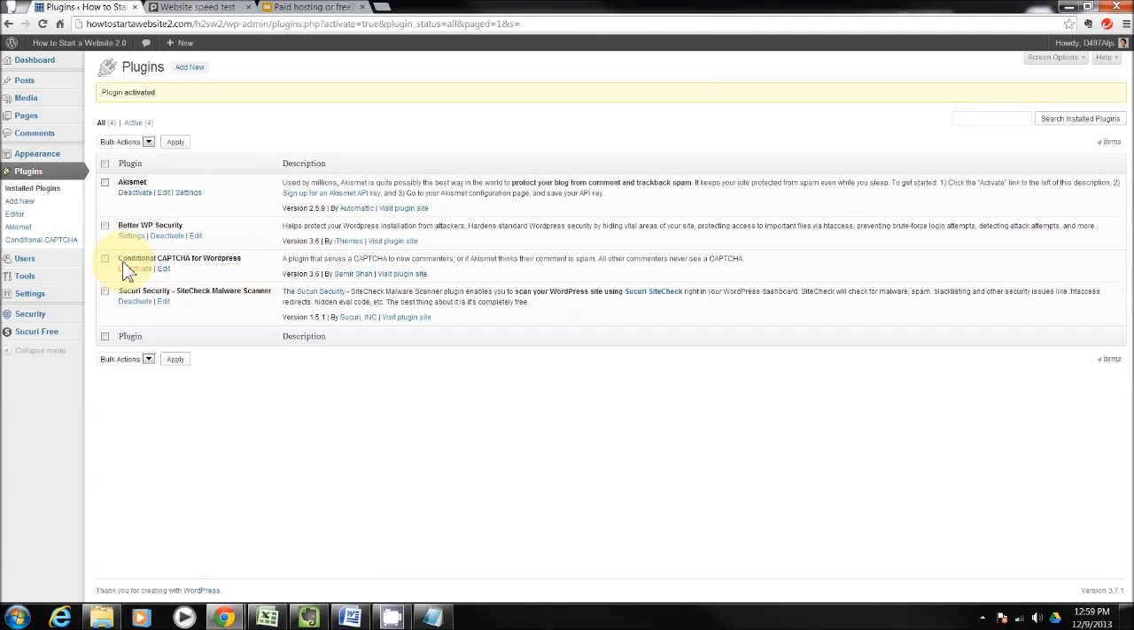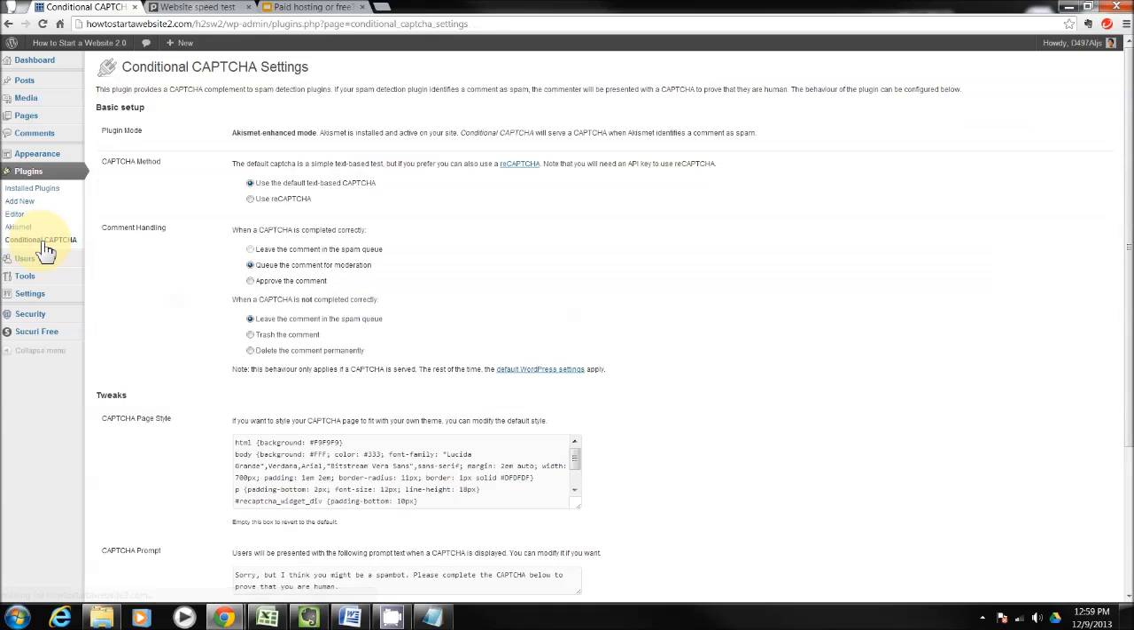So now to go through its settings, if you come back over to the left-hand side, you'll see Conditional CAPTCHA listed right there, and we can click on that. This plugin works with Akismet and makes it a little bit more secure and a little higher functioning than just what Akismet can do by itself. What this does is if Akismet thinks a comment is spam, this plugin will take over and decide what you're going to do with that comment